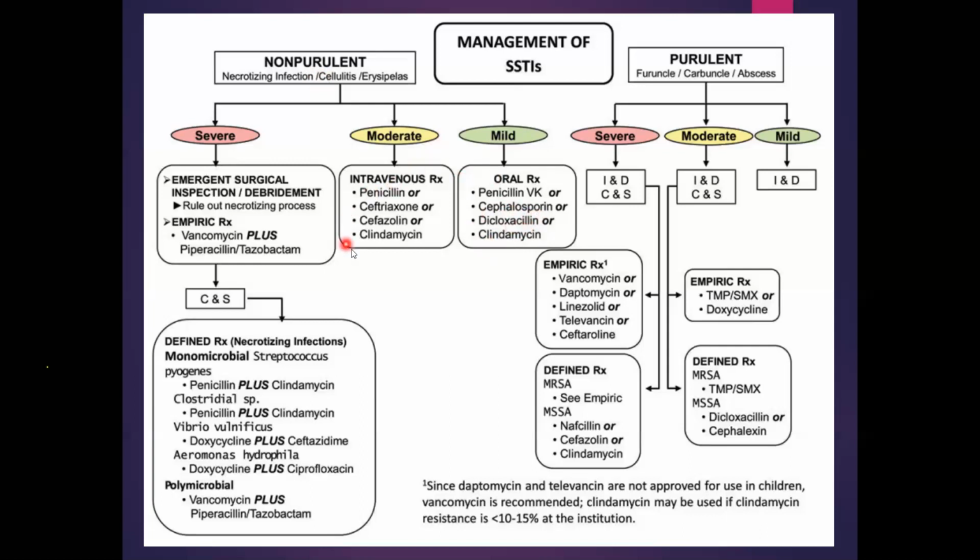Moderate, here it has IV. So mild is PO, moderate is IV, and then severe, you're thinking necrotizing fasciitis, which is usually pain out of proportion, and it is very, very bad, and you need surgery to see that patient. Most of the cases in the outpatient setting are going to fall into the mild area. So just knowing what oral antibiotics you can use is going to be key. If you go to the next slide,